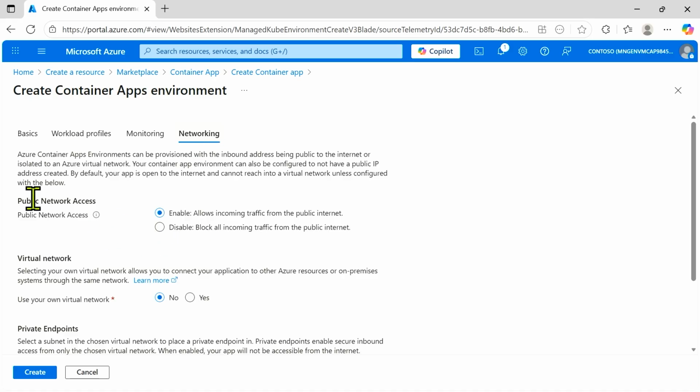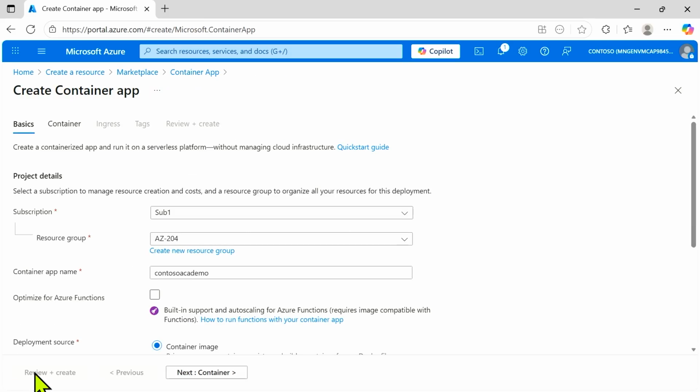I can allocate some networking to this. Does it have public network access? Is it private networking? What virtual network do I want to allocate this? But this is going to go off and create the container app environment. Now, while that's being built,